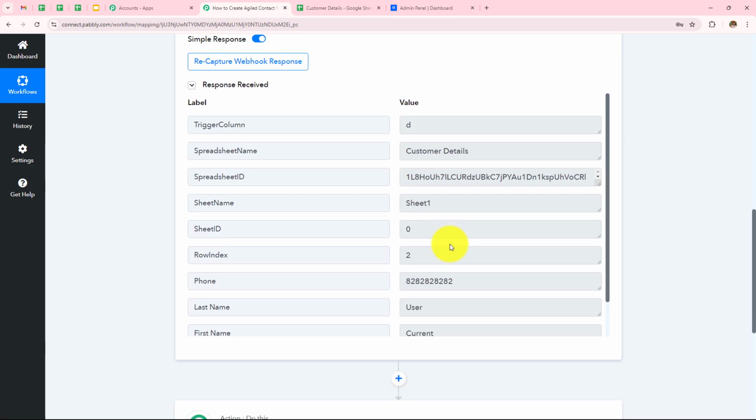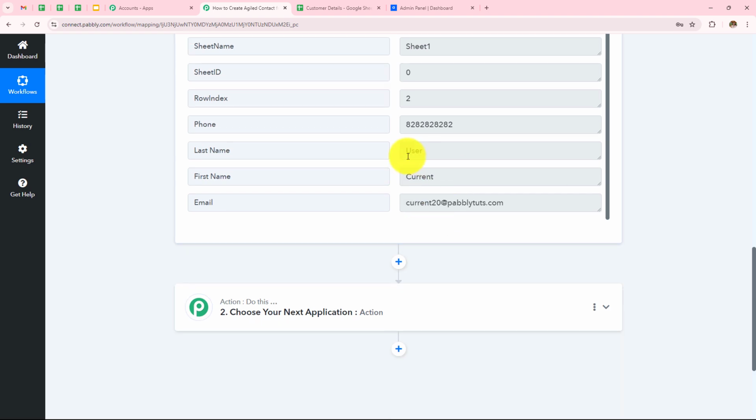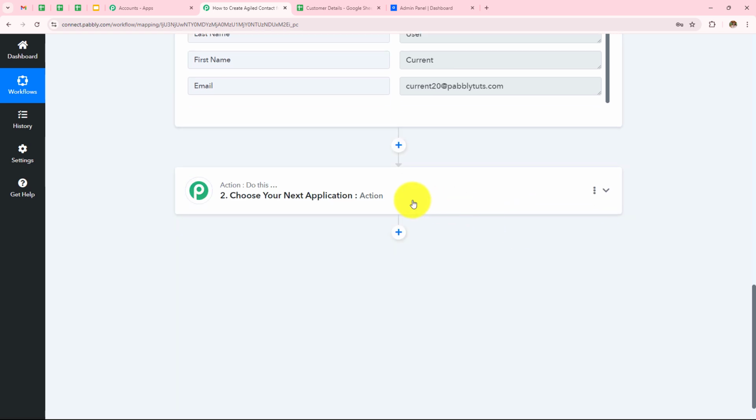Over here, we can see we have instantly captured the response. Trigger column was column D. Spreadsheet name is customer details. Phone number is this. First name is current. Last name is user. Email address is current20@pabblytudes.com. This means Google Sheets is connected with Pabbly Connect, and now we need to move to our next step,